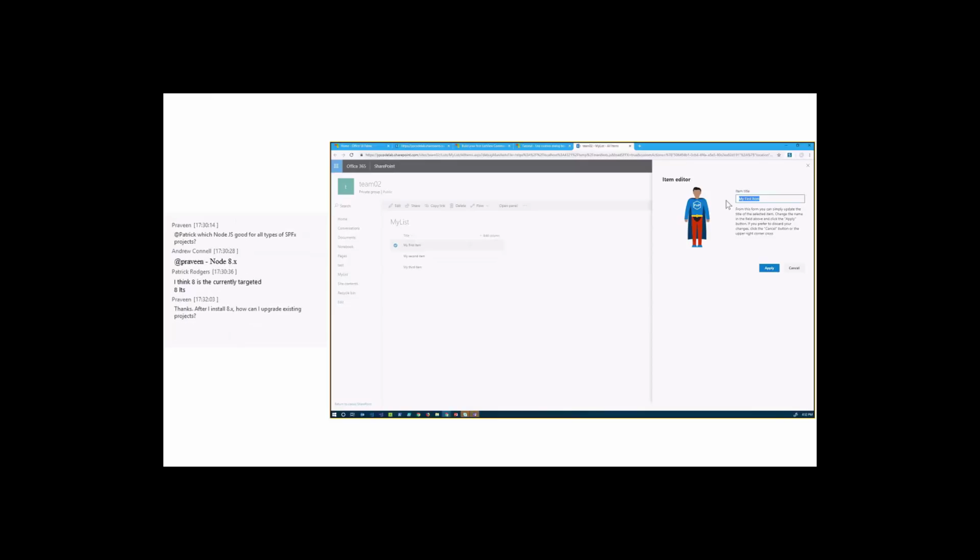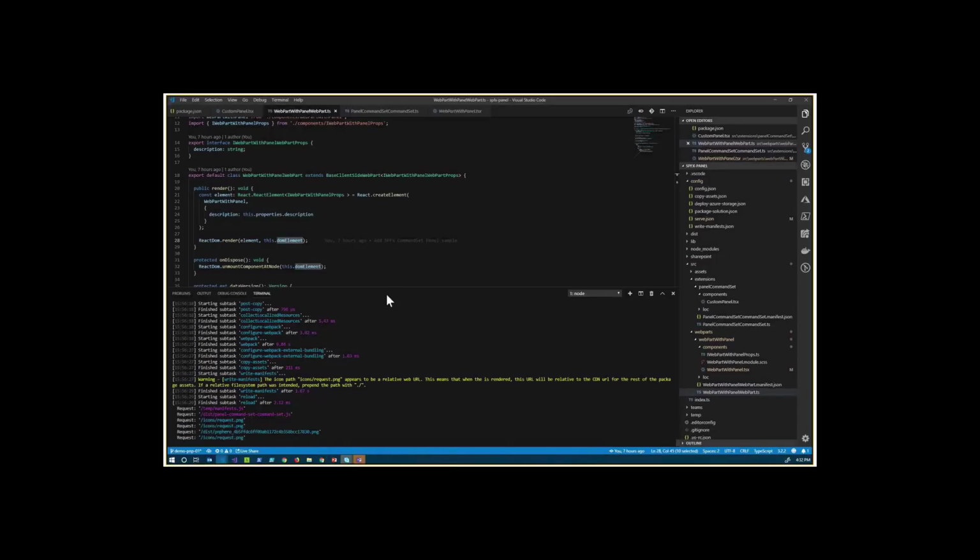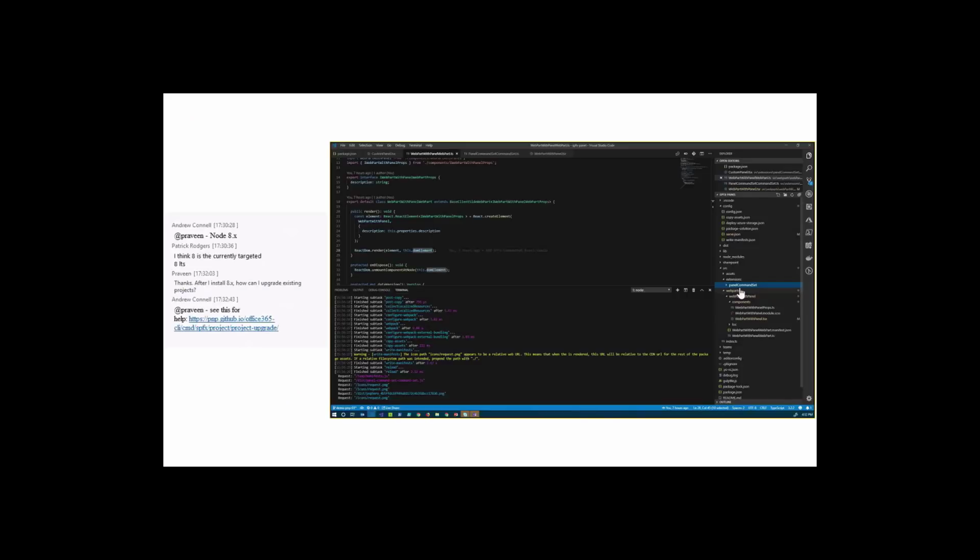So here, nothing really fancy, just to update the title of the list item. When I click apply, it calls, using the PnP JS, the REST API and updates the title. So really nothing big here, but when it comes to implementing the thing, actually you have a step more than just doing it like you would do it in the web part. So here I have the command set